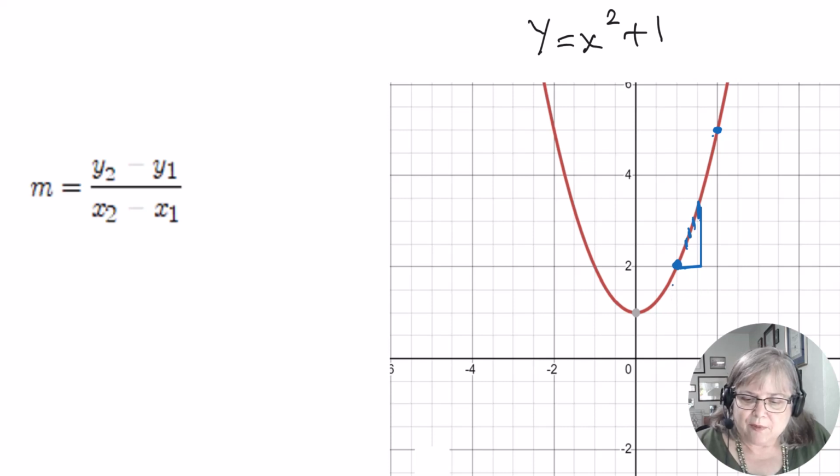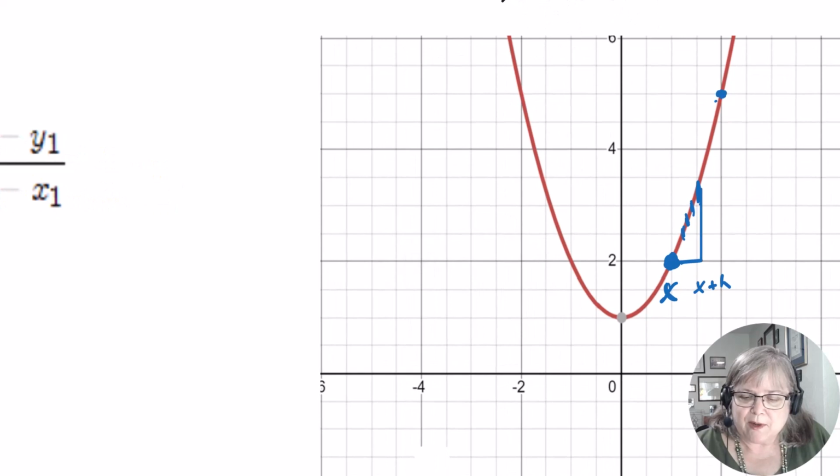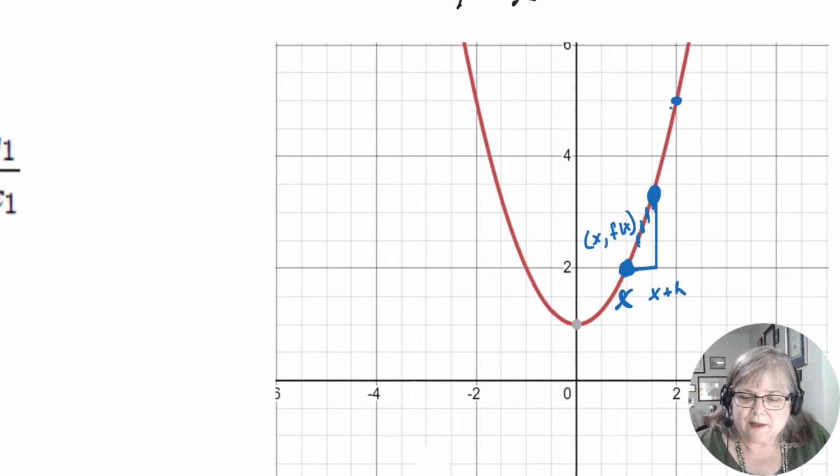So if you have some point that you're curious about and you go some distance h over, this would be x plus h. Now, let's talk about the ordered pair. If we don't know that we're going to do 1 and 2, we're going to do a generic point. Whatever this x is, the y that goes with it is f of x. So this ordered pair is whatever x is and the y that goes with it, which is f of x. Okay? And this ordered pair right here is whatever its x is and whatever the y is evaluated at x